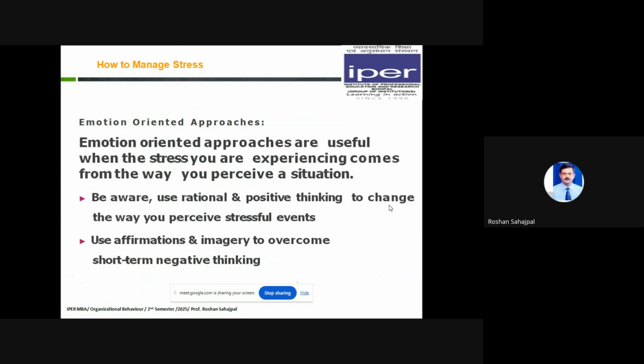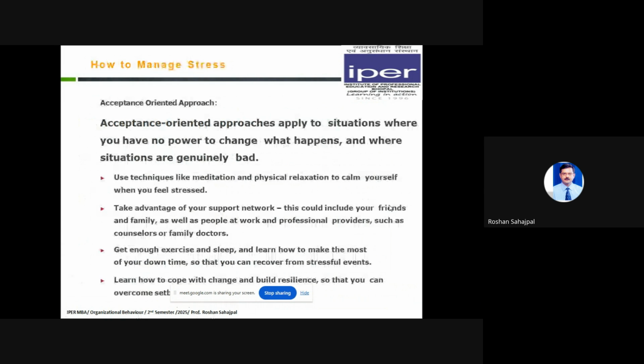तो आपको एक रैशनैलिटी से काम लेना है. अगर आप नेगेटिव ही सोचेंगे तो सब नेगेटिव ही दिखेगा. और यूज अफर्मेशन और पॉजिटिविटी टू ओवरकम नेगेटिव थिंकिंग. इससे भी आप बहुत सारी स्ट्रेसफुल कंडीशंस को अवॉइड कर सकते हैं. एक्सेप्टेंस ओरिएंटेड अप्रोच, कि अगर आपने देखा है कि अब ये हर जगह ही ऐसी हालत है, तो आपको उसको एक्सेप्ट करके उसको तरकीब से उसके सॉल्यूशंस ढूंढने चाहिए.